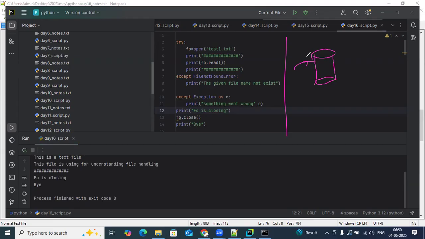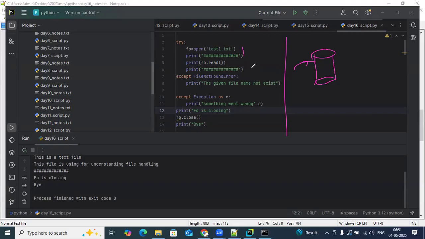But after that, maybe executing the SQL query is not executed properly. The connection part is okay, but there is some runtime error. So in that case, the connection already happened,